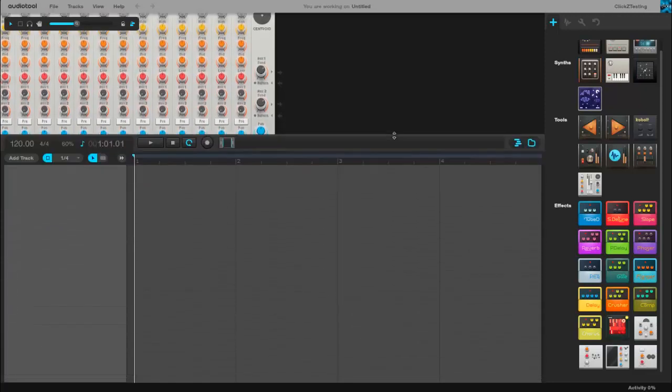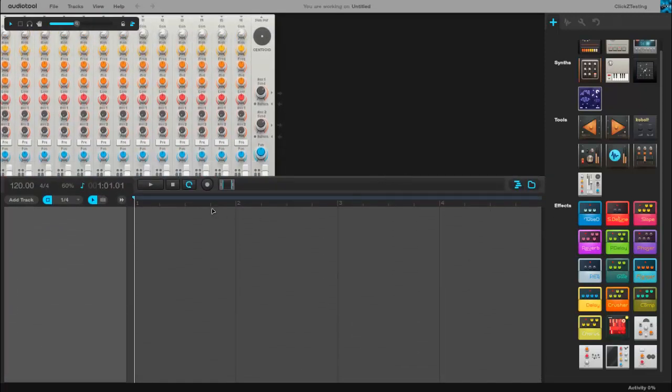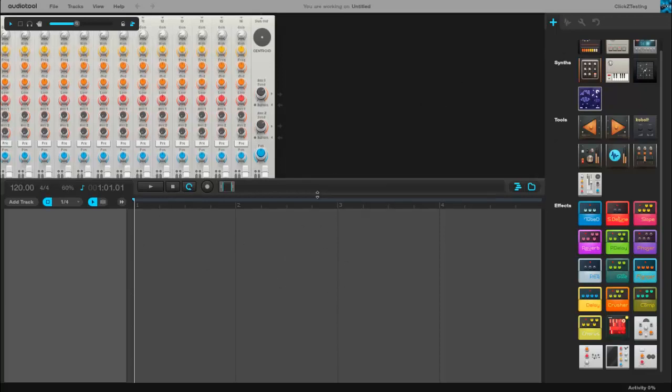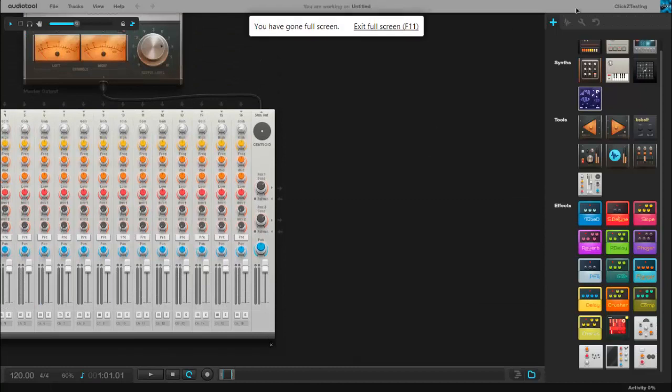And here we have our tracks. This is literally how you create note for note everything you want. This is where it'll appear, and this is where you mix it around and stuff. And that's about it for that so far. We'll get into that a little bit later. Here we got play, stop, record, repeat. Actually don't know what that does. That's your beats per minute. We'll talk about beats per minute in a little bit.